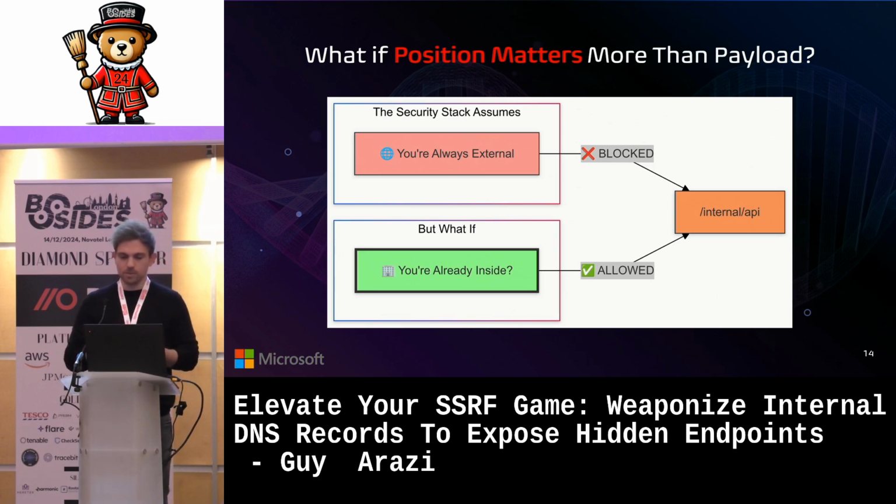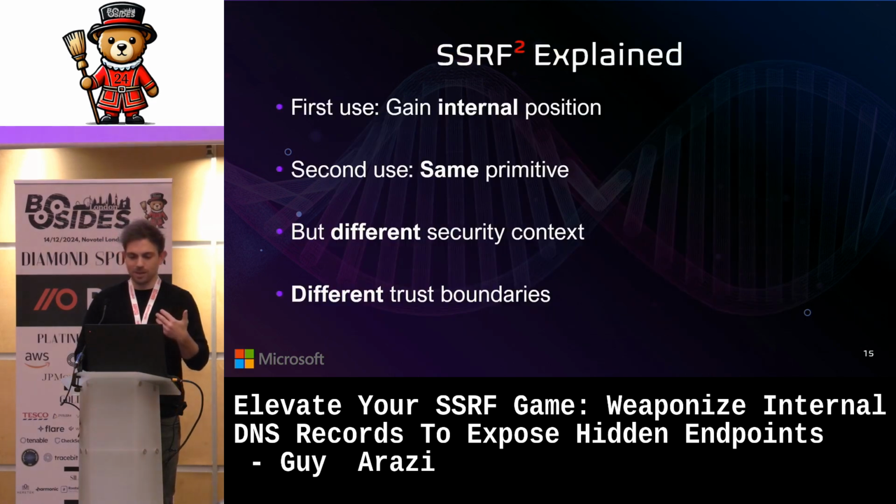And the position matters more than we think. The idea is to understand that if a primitive can be accessed from the outside, it might be accessed from the inside as well. And this is pretty common. I'm not trying to come up with something new, but